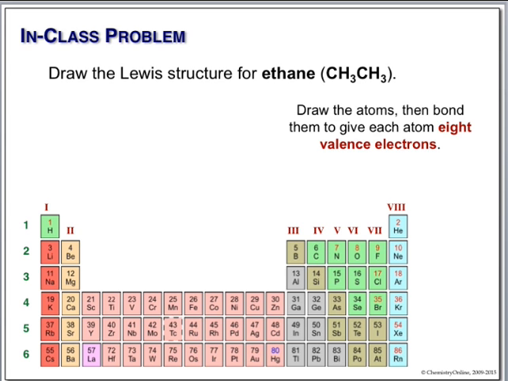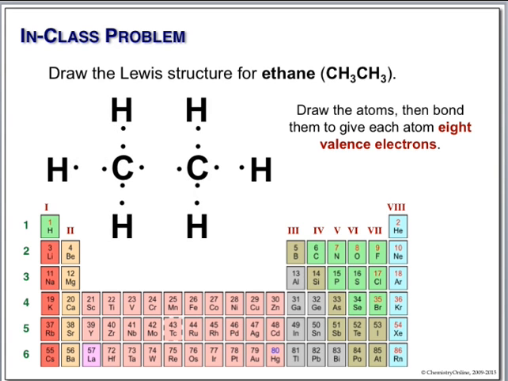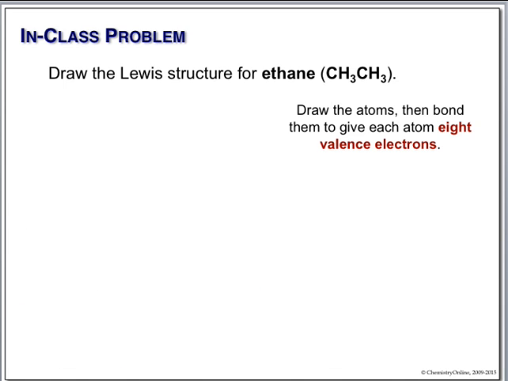Again, we find carbon. It's in the 4th group. We know that it has a valence of 4. Each carbon here is going to be bonded to 3 hydrogens, and then the 2 carbons are going to be bonded together. That gives us our valence. So we start off with our 2 carbon atoms. Carbon with its 4 electrons, hydrogen with its 1. There's our 2nd carbon, and all we have to do to make our bonds here, again, is to simply snuggle up,